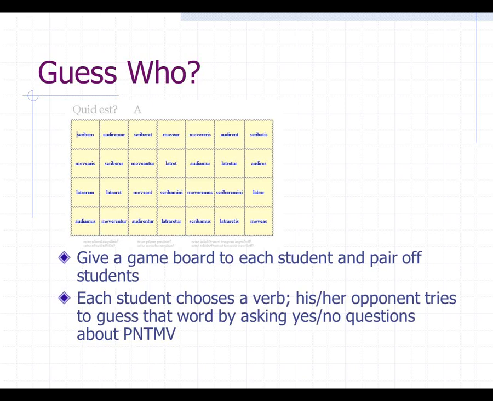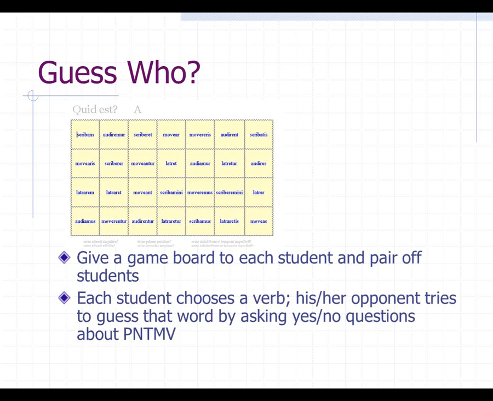You can see that this grid has been filled with subjunctive verbs, so it's practice to be used during Chapter 3 of the Level 2 book, and again, it's in the folder online. So anyway, you give 1 grid to every student and instruct him or her to choose 1 word on the grid, and then you partner off the students, and the student's partner will try to guess his word by asking yes/no questions to rule out incorrect answers.